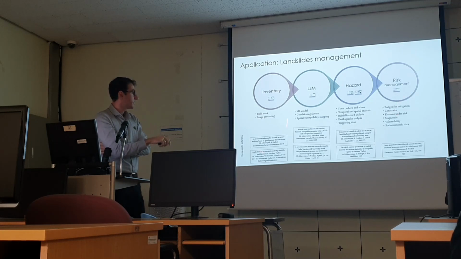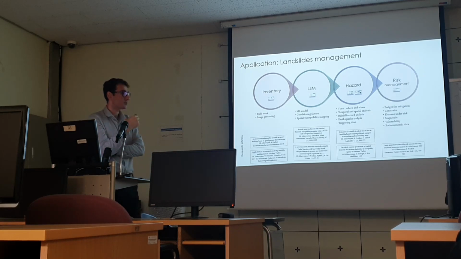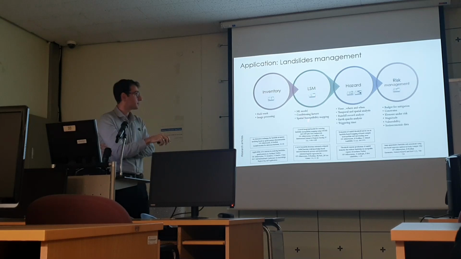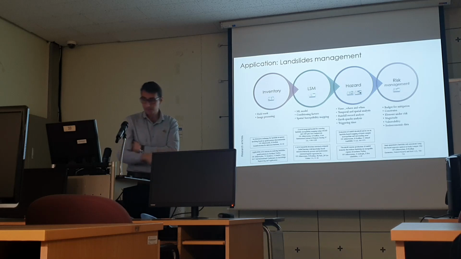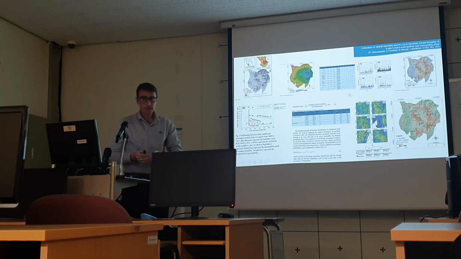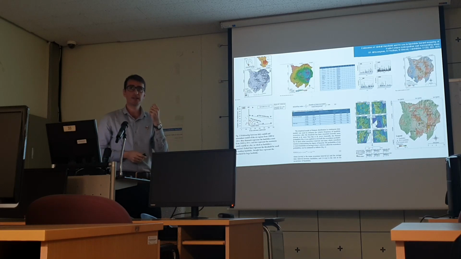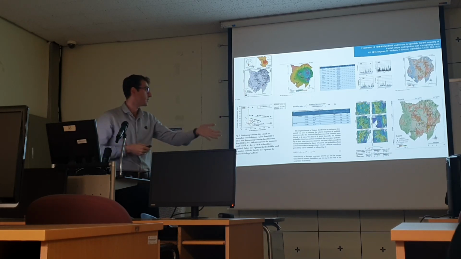Starting with the inventory, we have two studies here that classify the landslide inventory itself to get some significant output, using some assumptions on clustering. Also the susceptibility map. The hazard part is maybe a little bit interesting because it's not common. We just spotlight the hazard here, and how we can make the landslide hazard map. In this area, we call it a rainfall-induced area. That means the rain caused the landslide.